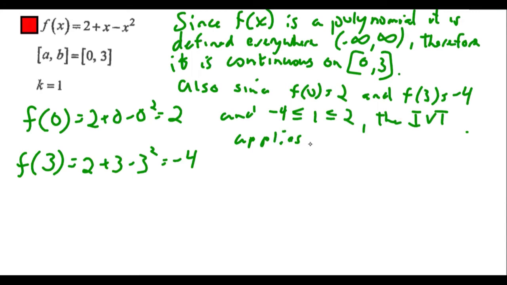We have to use the intermediate value theorem. So I've met the condition. First, I have continuous. Then the y value here is between the two given function values, the y values at f of 0 and f of 3, the input values. All right, so therefore, by the intermediate value theorem,